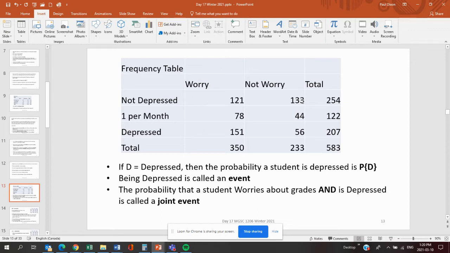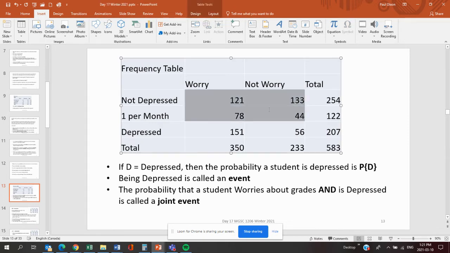So the depression is viewed as an event. It's something that happens. I'm talking about a future student. I'm reaching into this large pool of 583. Imagine them all in a big room, and here they are in the room. Okay, and I've taken the room,